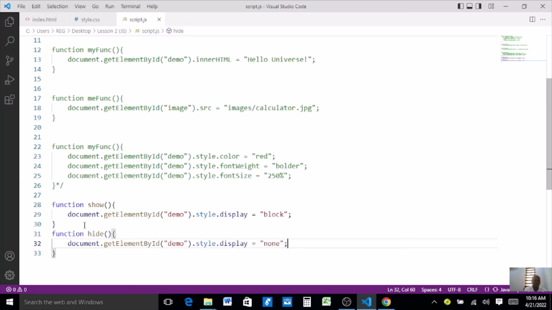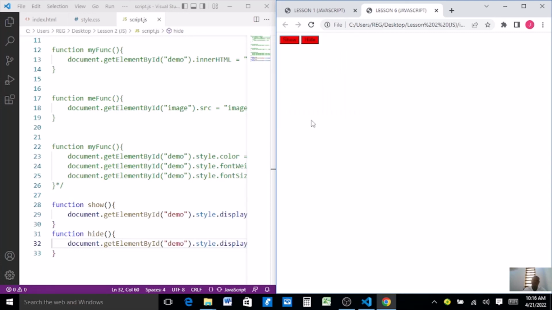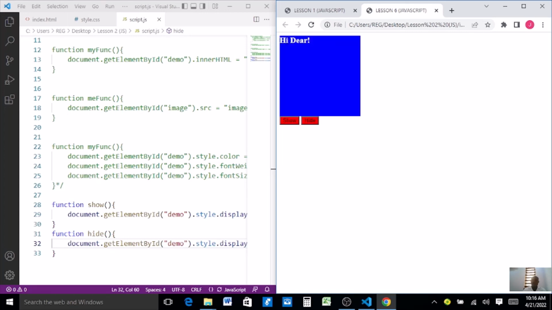Then let's save our code and go back to our web page and refresh. So as you can see now, hide here, and here it says hide, show. If I click this button, it will show. If I click this button, it will hide. So let me click the hide button. Wow, as you can see, it has hidden. So let's show it again. Wow, as you can see, it has returned back to normal. It has shown. So this is how you can show and hide